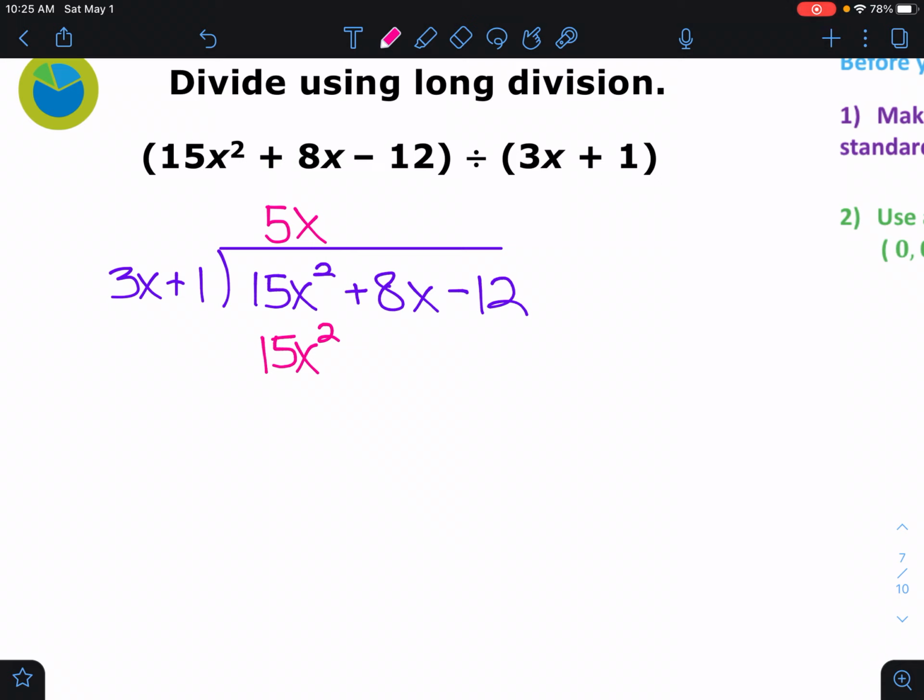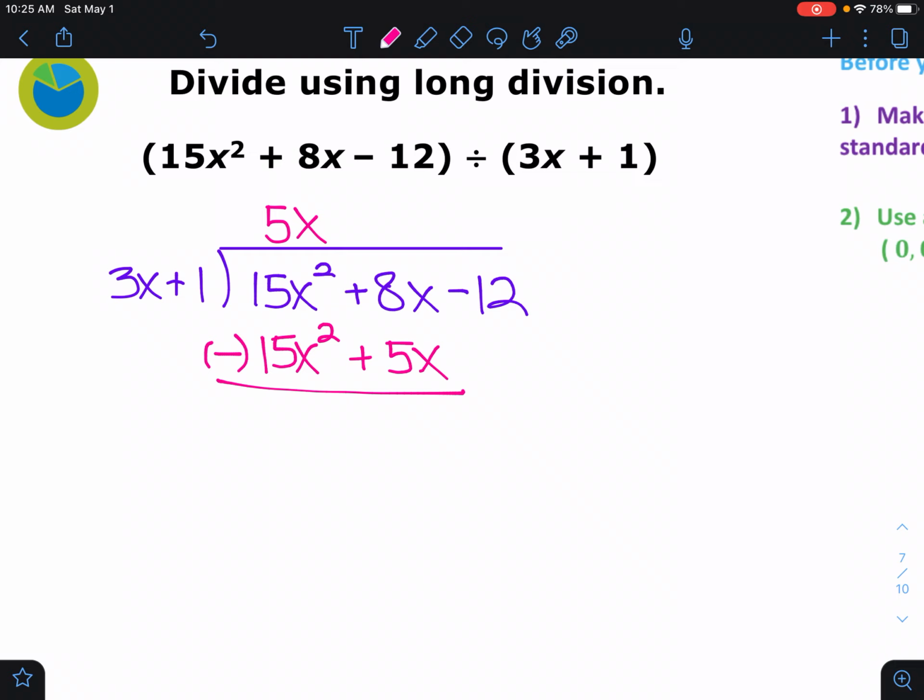But it's really 5x times also this 1. So I'm going to say 5x times 1 is 5x. Okay, now just like before, what are we doing? We are subtracting. But I'm going to put this in a little parentheses here because it's this whole thing that we're subtracting. Remember when we subtract,